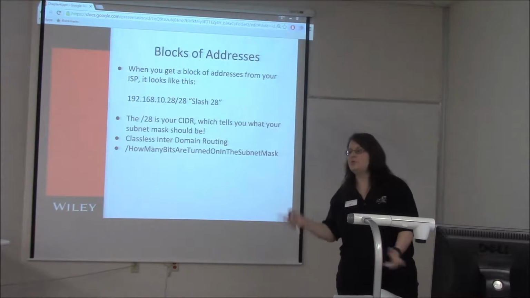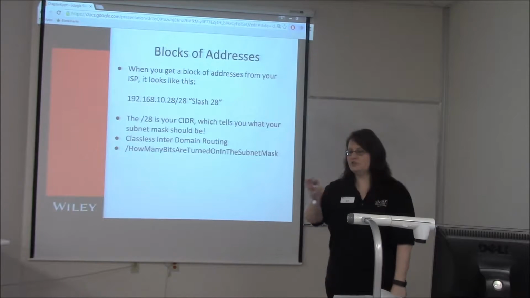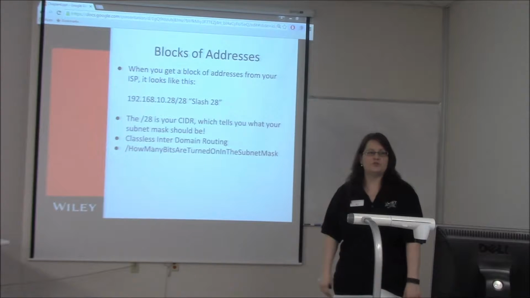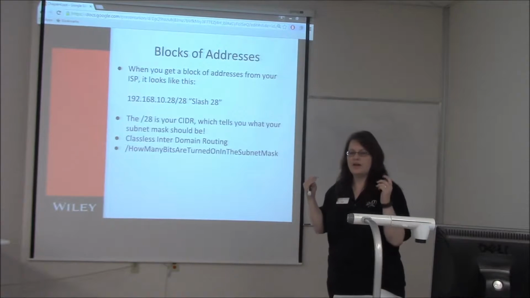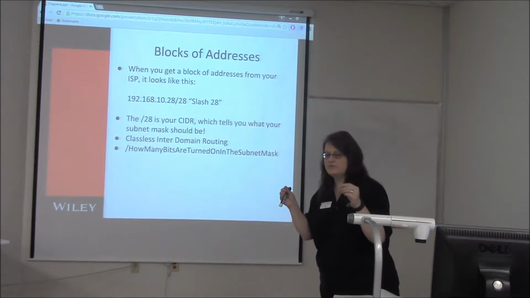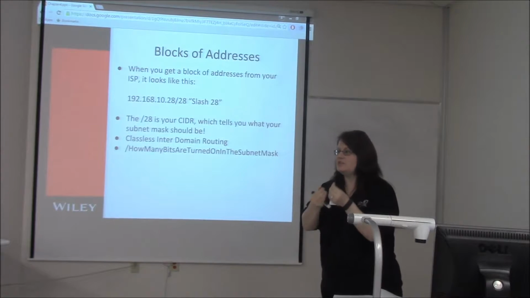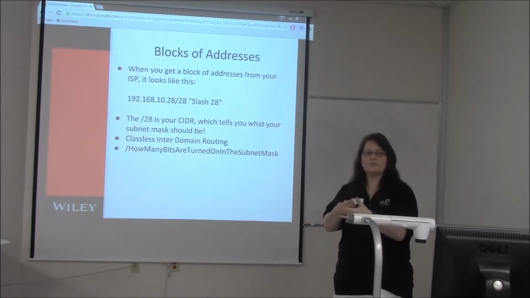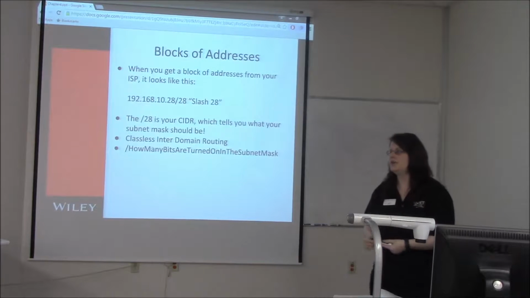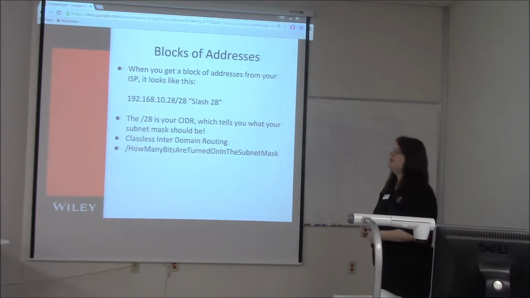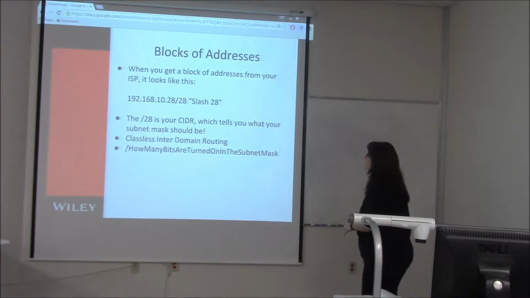Let's say that you host websites, and each website sits on a server and people can call up this website. So you get more than one address. There's lots of reasons why that could happen. But when you get a block of addresses from your ISP, it looks like this: